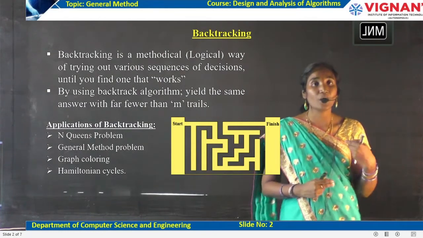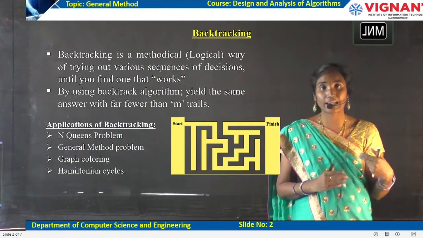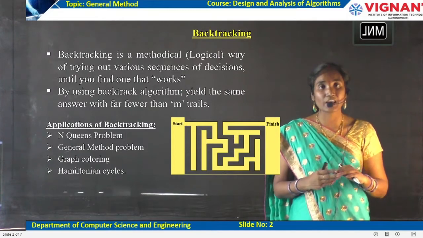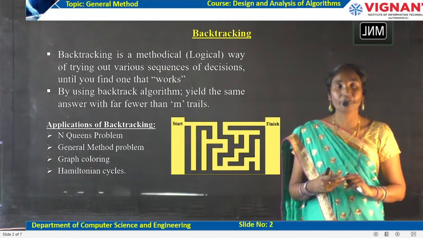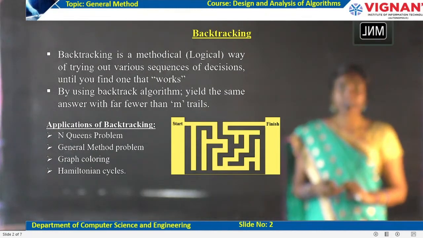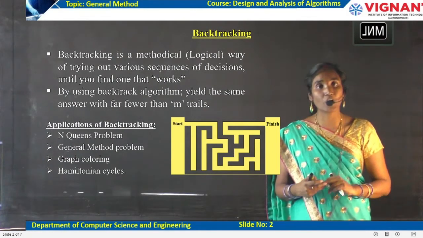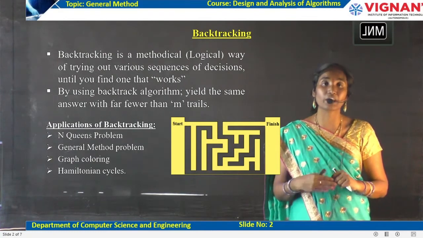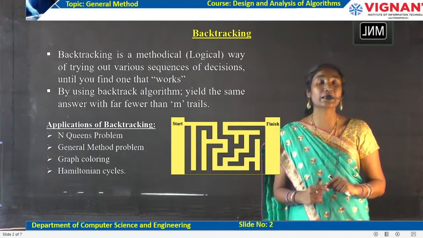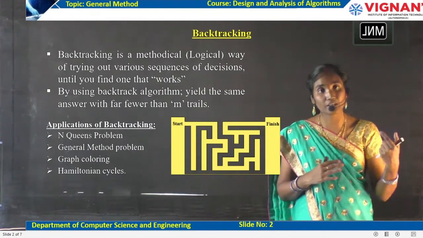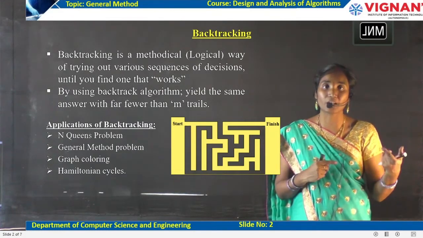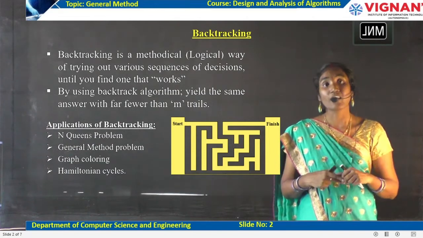So here we try for the path where I get the solution node or the answer node for the given problem instance. If I am not getting the solution node when going in that path, then immediately it changes the path, and it takes another step or another path to reach the solution, like your chess